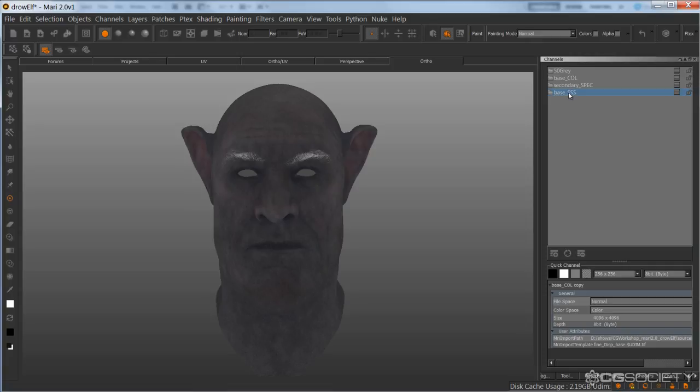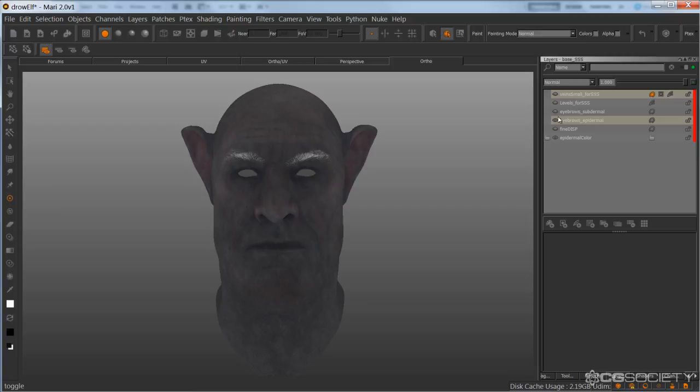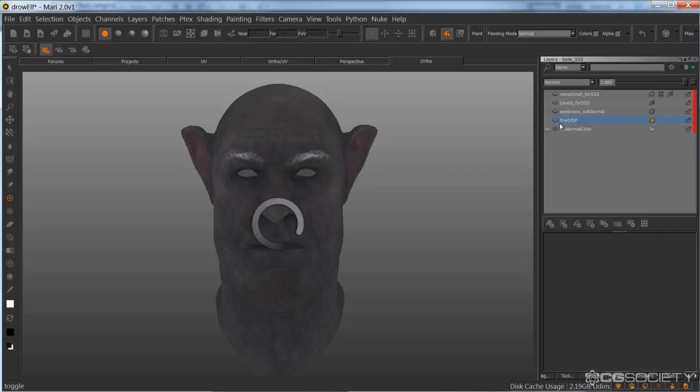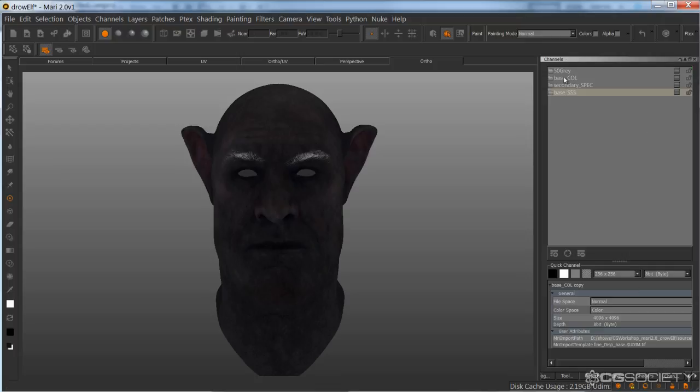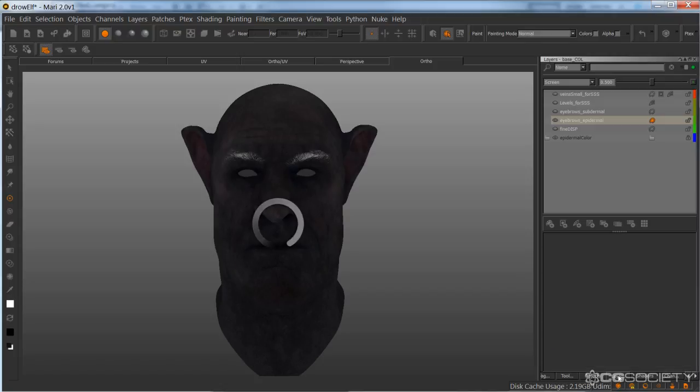And so in here, I can blow this one away and leave this stuff all on. So that way I don't have to keep flipping back and forth, keep turning the visibility on and off, and just go back to my channels and then go back to here, to my base color, and keep everything